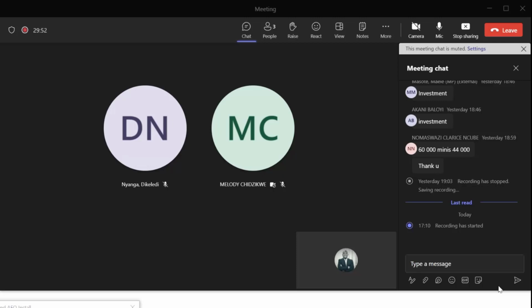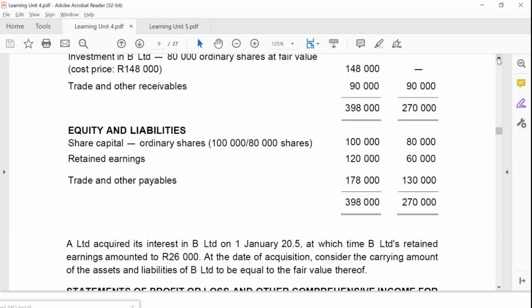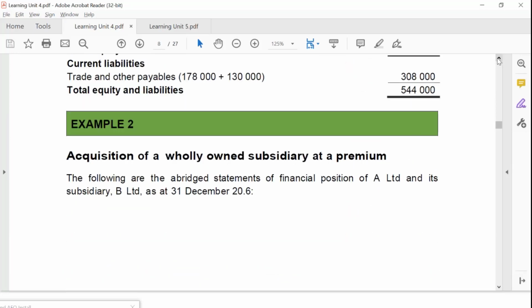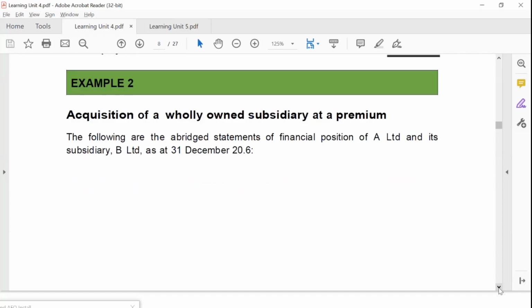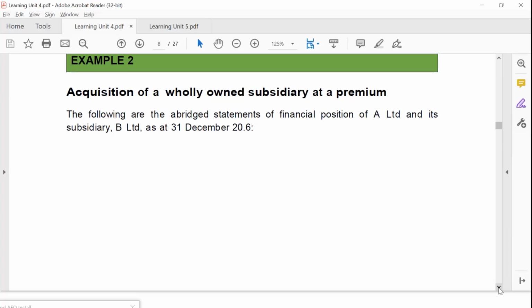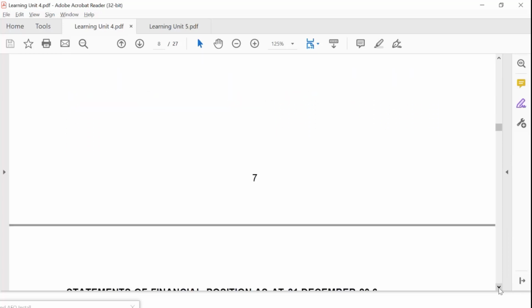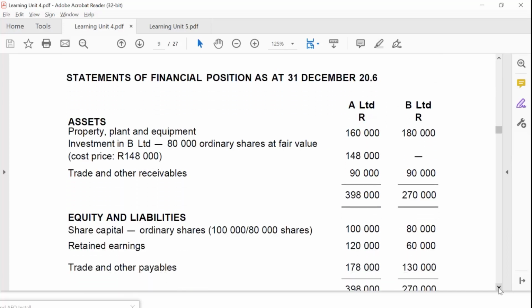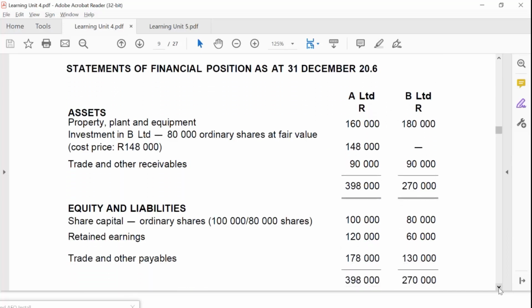So if I should just project, we're looking at a company. The following is an average statement of financial position for A Limited and its subsidiary B Limited. So who is the parent company and who is the subsidiary? Who is the holding company? The holding company is A Limited and the subsidiary is B Limited. Good. A is the holding parent company and B is the subsidiary. And they've given us their financial position as at 31st of December 2020 of both the parent company and